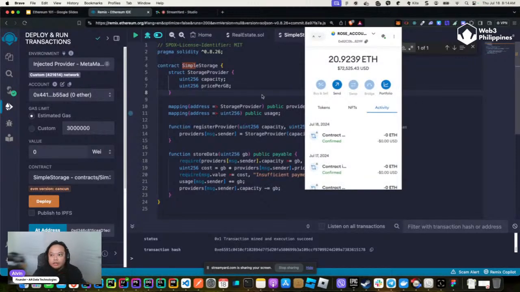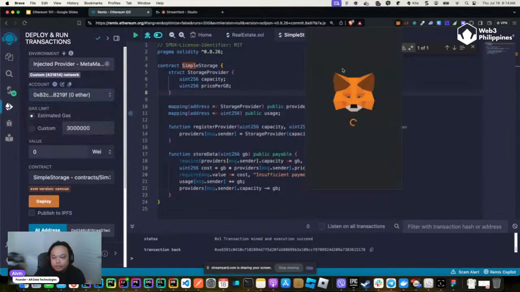So I'm using the Arbitrum chain in this example, but any EVM-based chain will work as is, as long as it can connect to the wallet and be detected here in the environment, right? Any EVM-based chain, as long as it has the same backward compatible JSON RPC spec, will work here. So here I chose